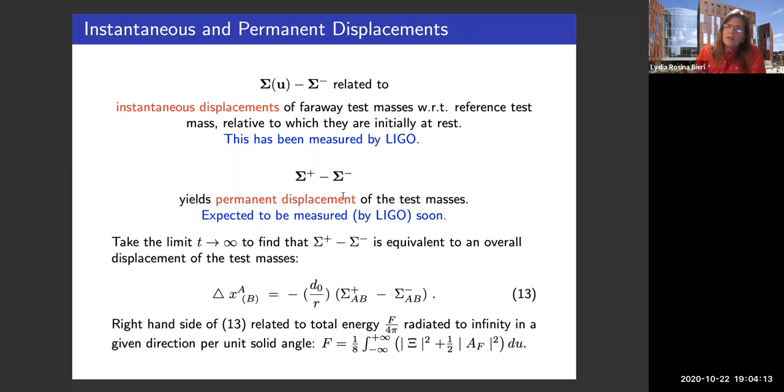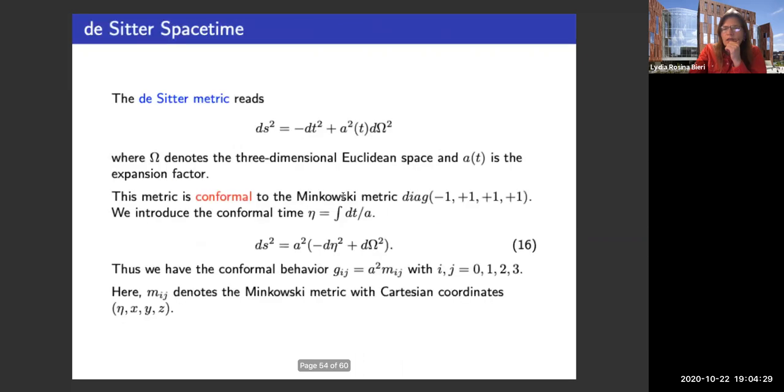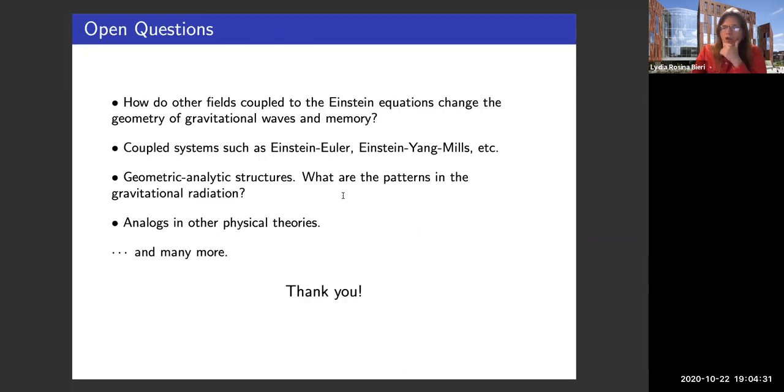The AF, this is if I plug in an electromagnetic field, for instance, so that would be the portion from the electromagnetic field adding to that memory effect. So there are 2 types of memory adding to that displacement. And maybe I jump to the last slide. I think I skipped the cosmological part. So I think what we have seen here, maybe just the hint of ideas I would like you to remember,